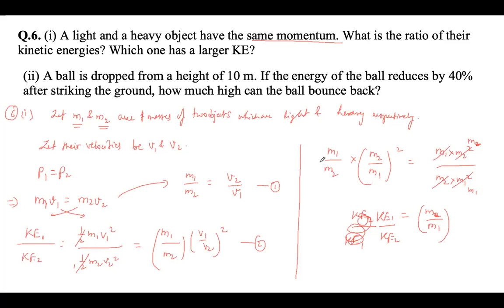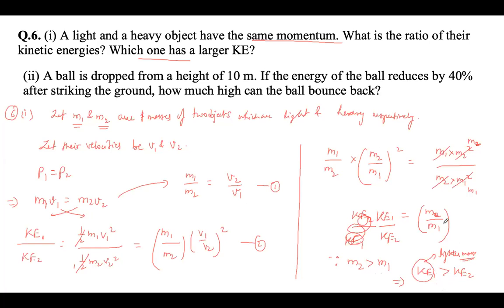ठीक है. What is the ratio of their kinetic energies and which one has a larger kinetic energy? देखो अब, m2 का मास m1 से ज्यादा है. Since m2 is greater than m1, that means kinetic energy जो first object का है, that is greater than kinetic energy of second object, right? So which one has larger kinetic energy? The lighter mass, the one which has a lesser mass, will have higher kinetic energy than the other,